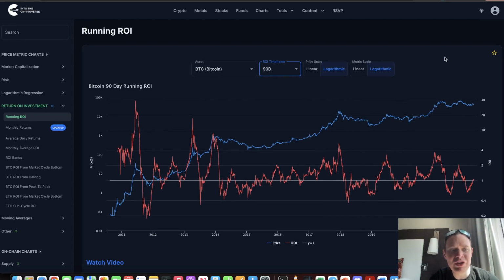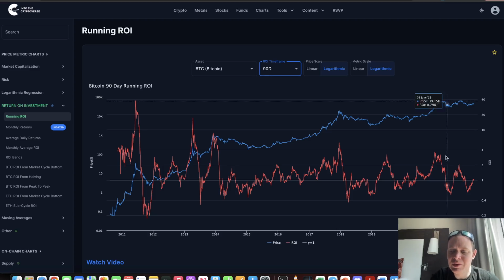And one of the things we've mentioned in this current market cycle with Bitcoin is that we have these sort of mini bear markets that can last 3 to 6 months at times. And one of the ways that you can actually visualize this is by looking at, in fact, the 90-day ROI or 3-month ROI of Bitcoin. And you can see that back in the summer of 2021, the 90-day ROI went down to about 0.52. And then most recently, it went down to about 0.6.